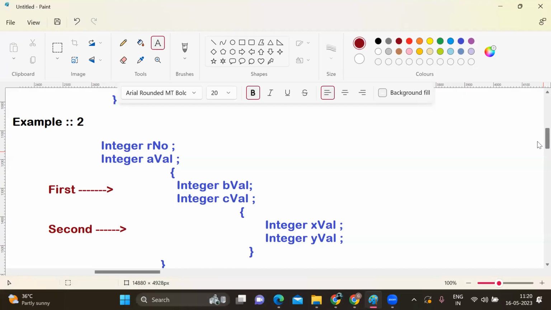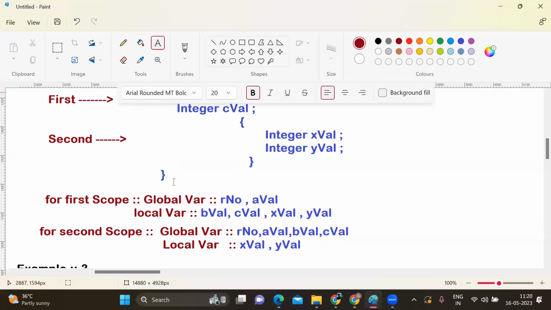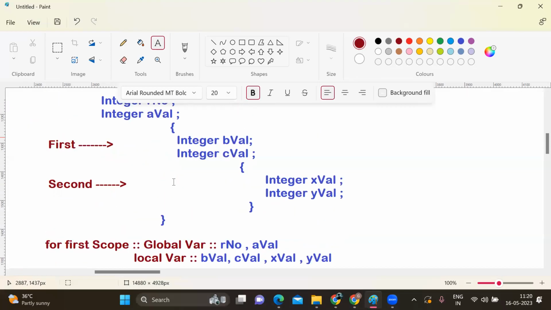ठीक है। किस पे डिपेंड करते हैं? स्कोप पे। अगर सी लैंग्वेज का इंटरव्यू दोगे तो बहुत क्वेश्चन पूछे जाते हैं इंटरव्यू में।